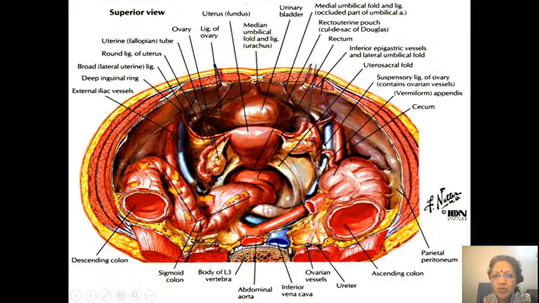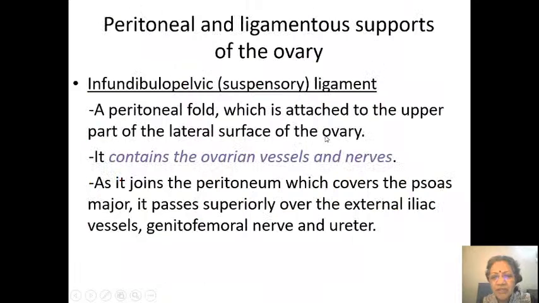It is very close to the lateral pelvic wall, behind which, see this is the parietal peritoneum, and behind it is the vessels. Okay, this is also retroperitoneum, this is also retroperitoneum. Oh, no, wait, this is cecum and appendix, this is ascending colon, this becomes retroperitoneal, and these structures are outside of the peritoneal covering. So the supports of the ovary are this suspensory ligament or infundibulopelvic ligament, which is attached